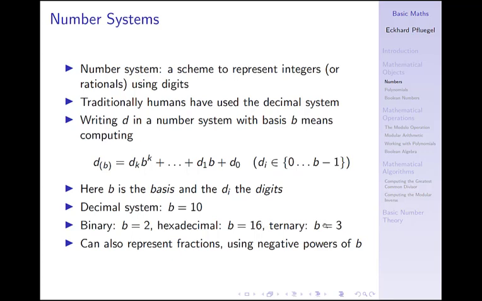And sometimes people also use the ternary number system, b equals 3, although that's a little bit less mainstream, but certainly it still deserves mentioning. And finally, you can also represent fractions. I did say this earlier already, by using a negative exponent in your powers of the basis. So for example, 1/10 is clearly 10 to the power minus 1. So 1/10 is nothing else than